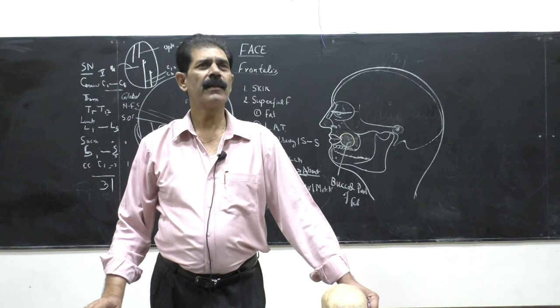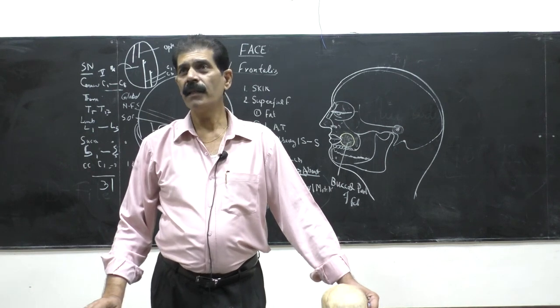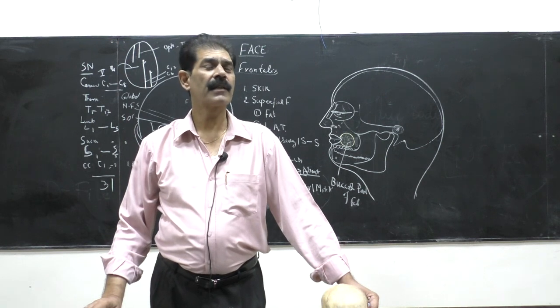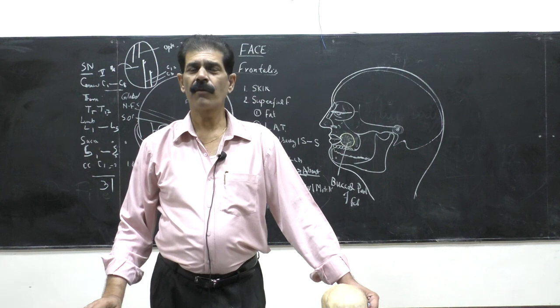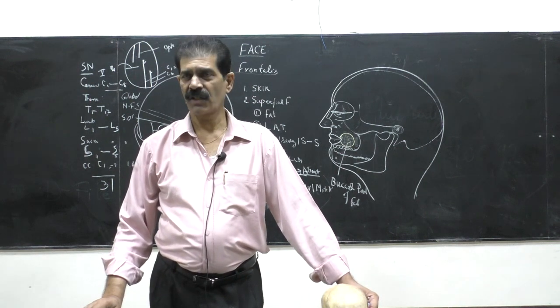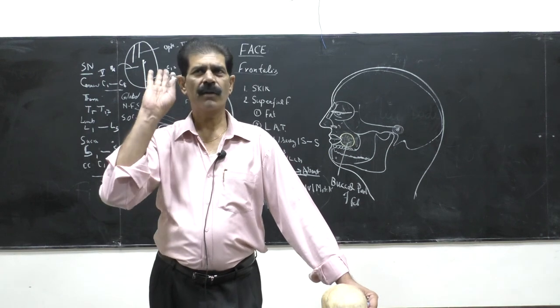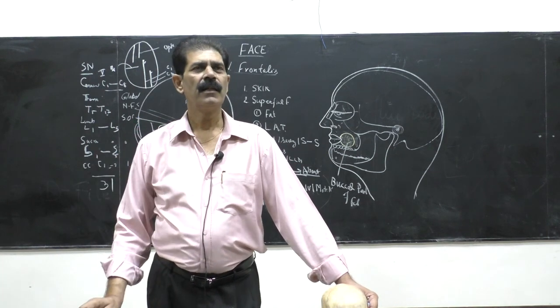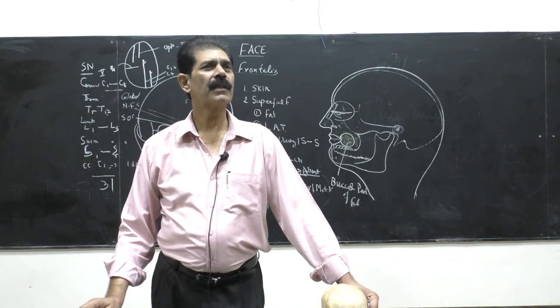And all spinal nerves are made for skeletal muscles of the body. But some cranial nerves also supply smooth muscles. So you have to remember that while going into the detail of the head and neck dissection. After removing the skin of the face, we find the second and fourth layer together.